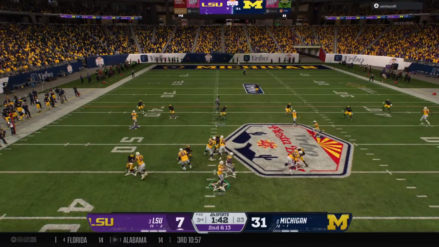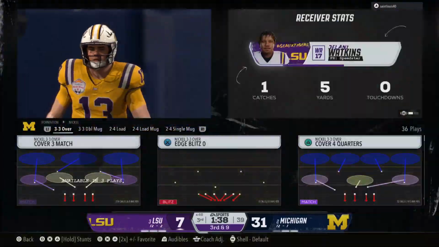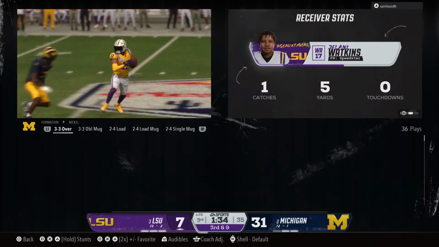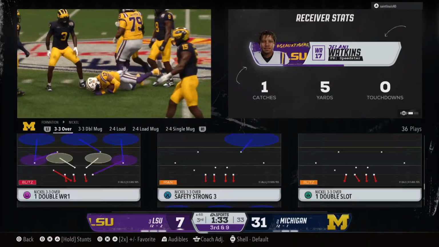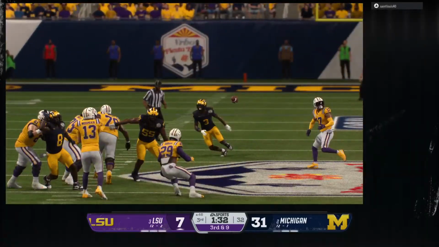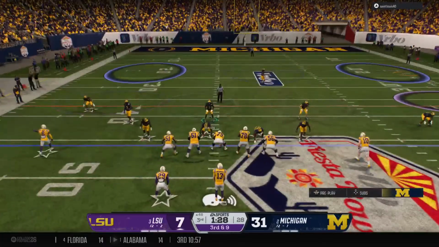To the air, it's Nussmeier. The receiver makes the catch. To get him down quickly, not much of a gain on that completion. Quarterback looks downfield to make this throw. He wants to be able to get the ball to pick up enough yards for a first down. But instead, he gets the ball at least underneath to the drag route and gets some positive yards.